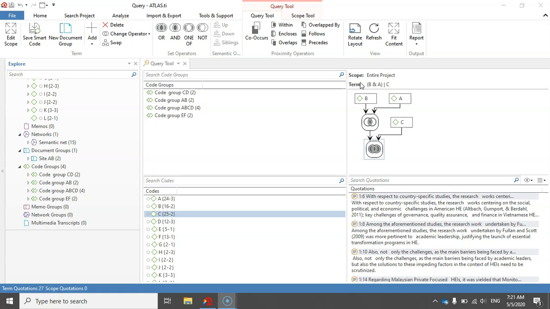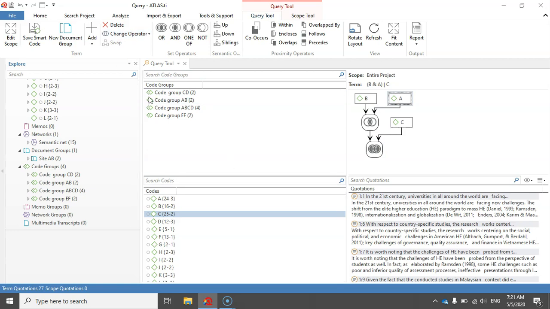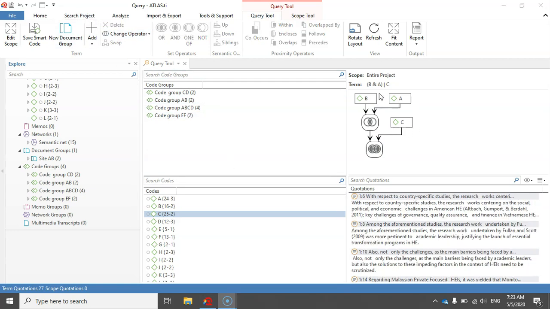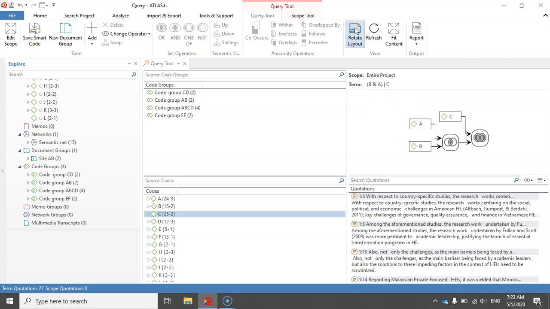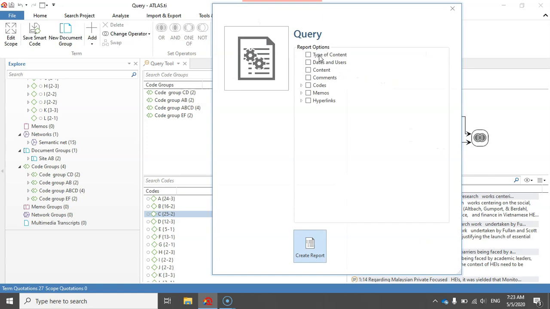Therefore, you can modify a query by adding terms or deleting the terms from the query. In order to add, you can simply double click on any of these codes or just drag and drop them on any term placeholder. In order to delete them, you can simply select them and then click on delete button here. You can also rotate the layout of this query by clicking on this option. And another possibility is that you can create a report for this query by clicking on this and then selecting